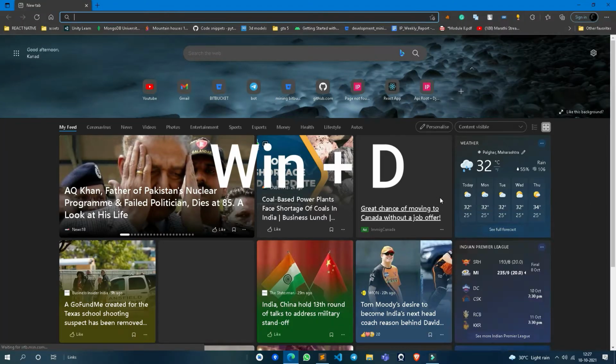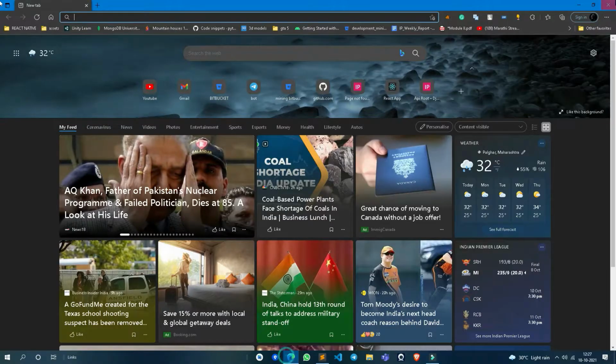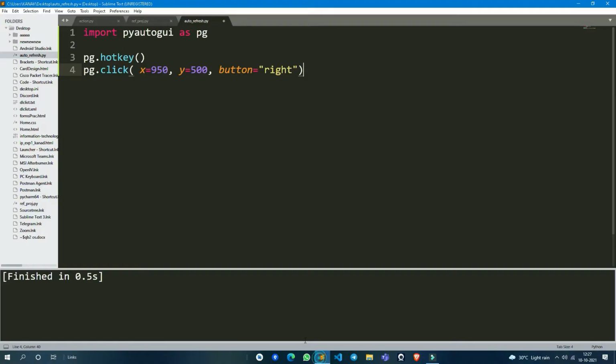I'm again pressing Windows plus D. See, this minimizes everything. So this will happen programmatically. Provide the hotkey: first Win, Win means Windows key, and second D, means press Win plus D. So this will be done automatically.